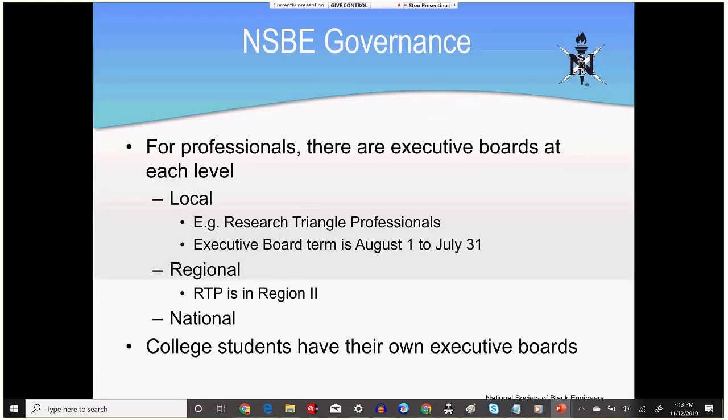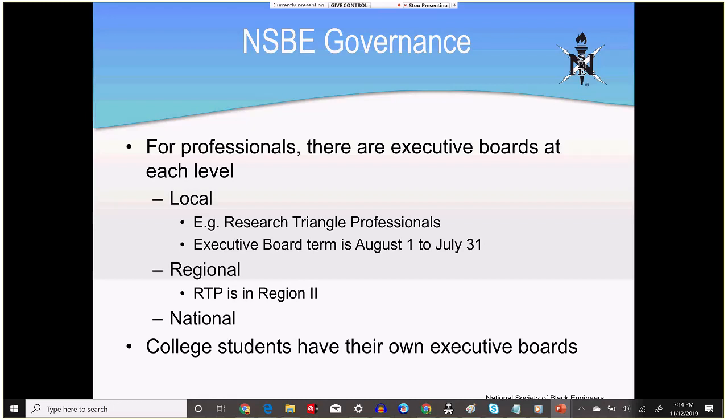Okay, so let's look a little bit at the governance of NSBE, how the executive boards work, and who's in charge of what. For the professional organization, we have the local chapters such as Research Triangle Professionals.